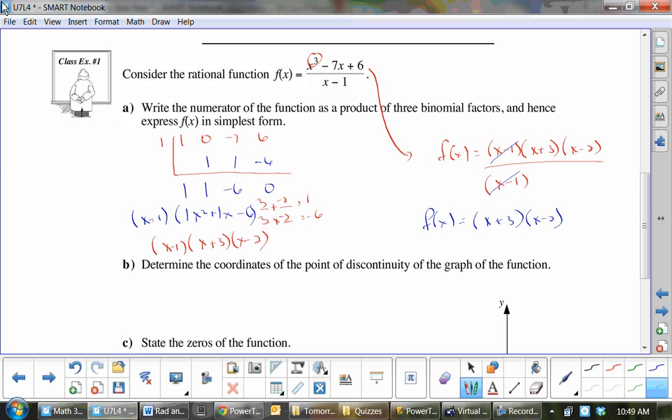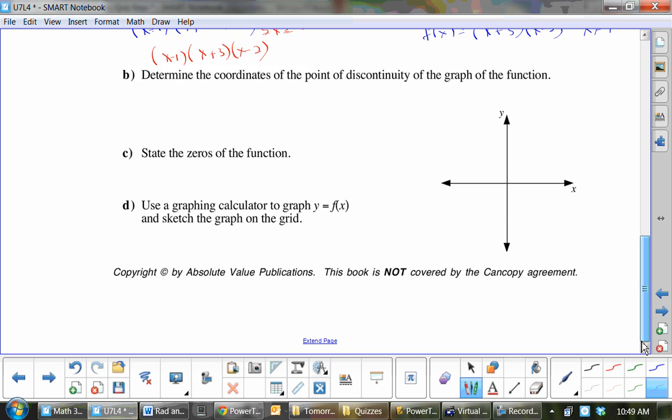Is this correct? No, f of x does not equal x plus 3 times x minus 2. It equals x plus 3 times x minus 2, where x cannot equal 1. So what I'm trying to say here, if you want to come to the very bottom of your page, this is a good